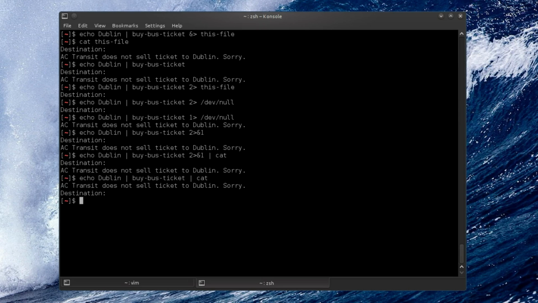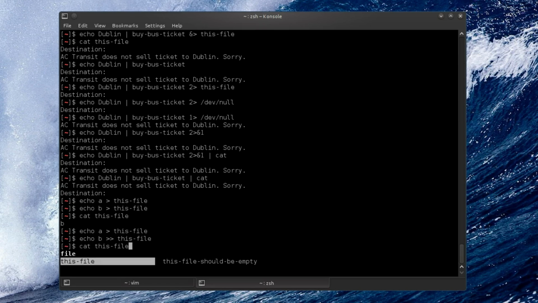So if you have, let's say, A that I write to this file, and then B, well, as you saw before, this file is only going to contain B. If you want to contain both, you have to write A. That's okay, it will replace the whole content of the file with A. But when I do B, I want to append to it like this. And now